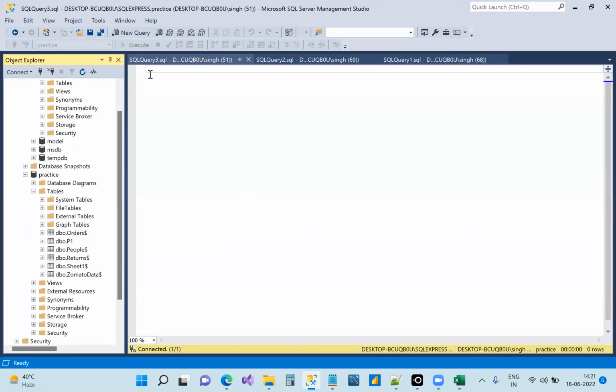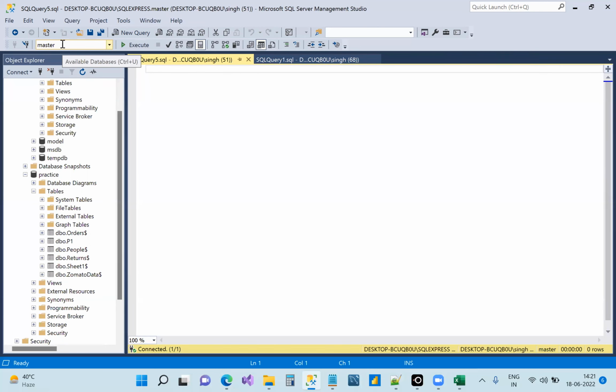And this area is where you'll be working and creating all your queries. This is called the work area. All good till now? And if you want to write any new query, you just have to go to new query and write it. Suppose by mistake I do a new query right now. It has selected master by default. If you want to change the database, change it from here. Then write the code, and it will go to the practice database. All good till now?